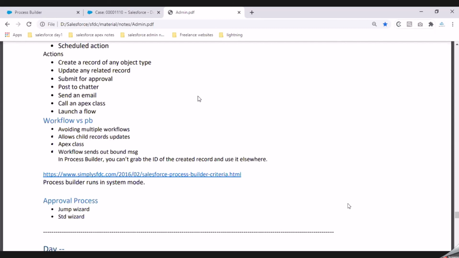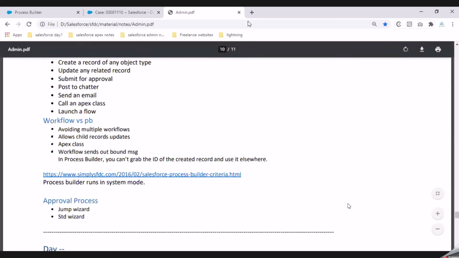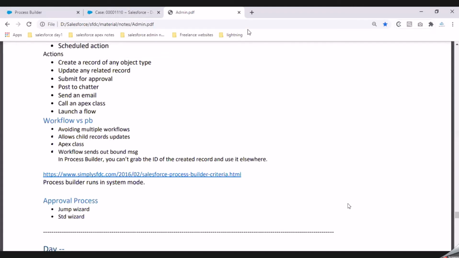The conditions that we discussed were achieved by using one process builder. That is all we have learned in today's class. We have set up the process builder and seen the advantages we get in the process builder as a concept.